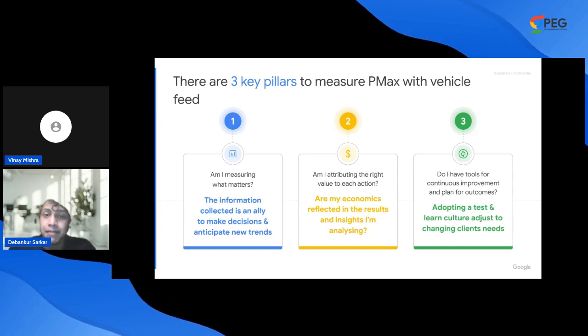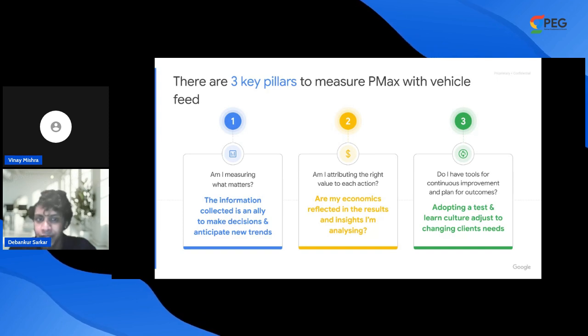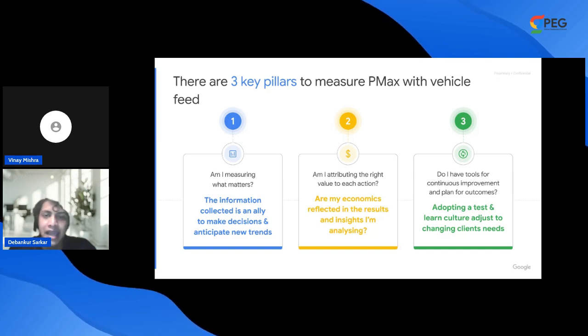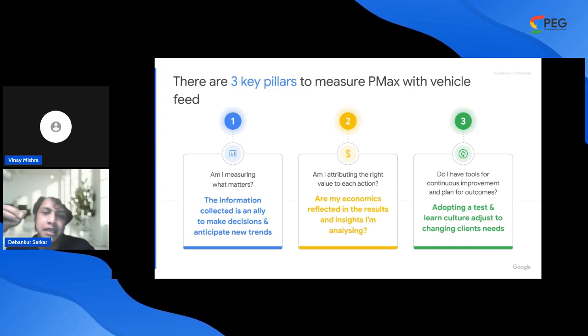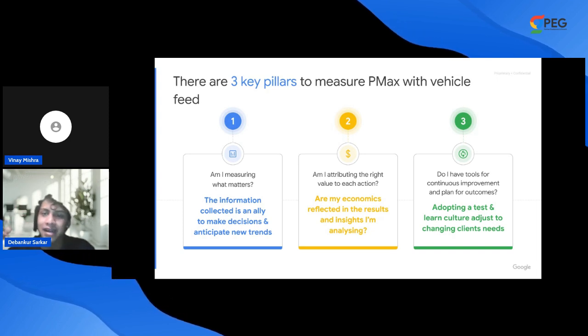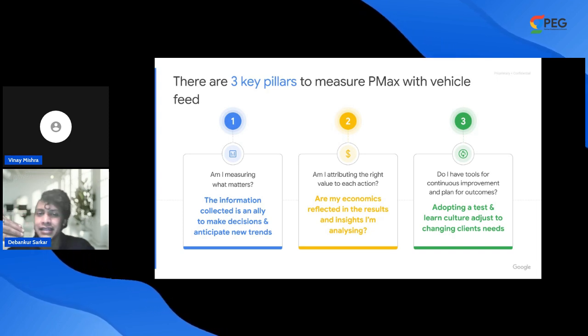The second pillar focuses on economics, with a direct question, as in, am I attributing the right value to each action? Now, this also means ensuring my economics are reflected in the results that